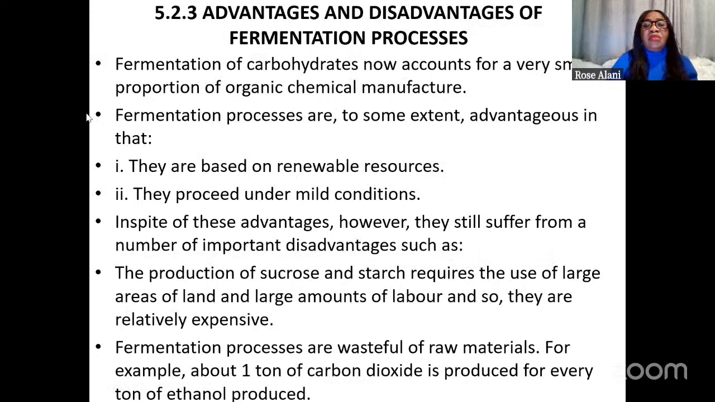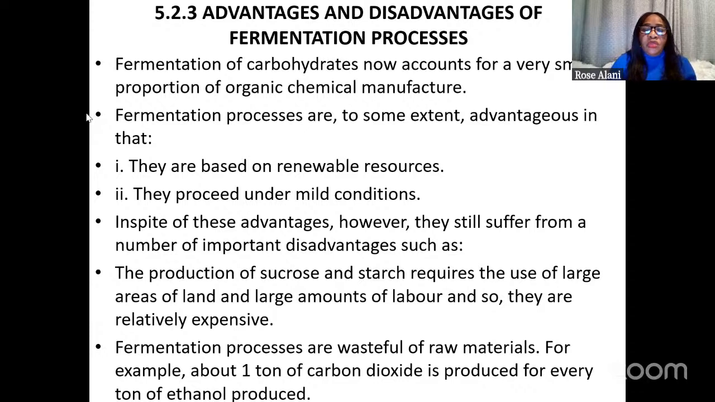So we have advantages and disadvantages of the fermentation process. One main advantage is that you have renewable resources to use in fermentation. It's not something that is exhaustible. You can plant the raw material and so on. And they proceed under mild conditions. That's another advantage. Despite these two advantages, there are some disadvantages that make it difficult for the fermentation process